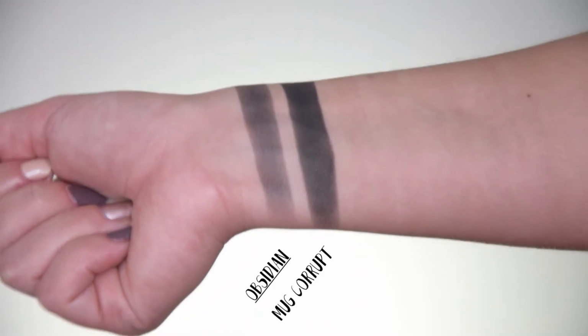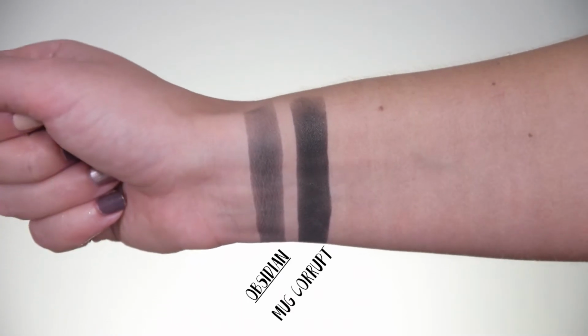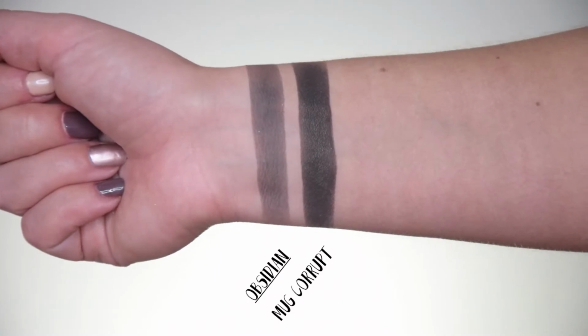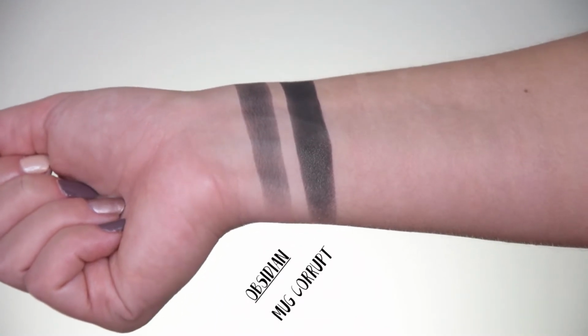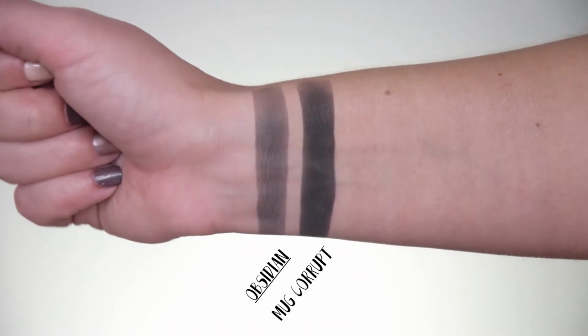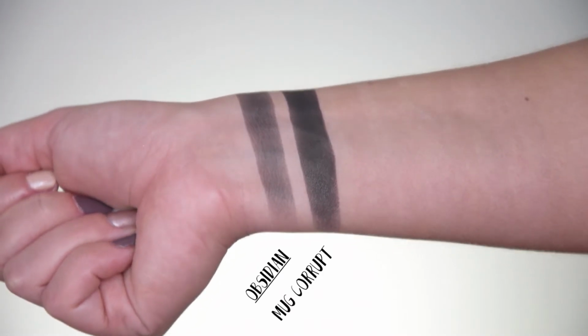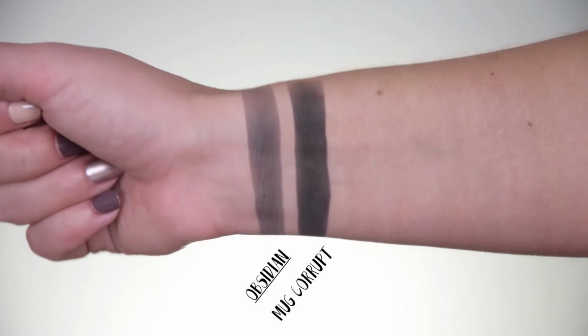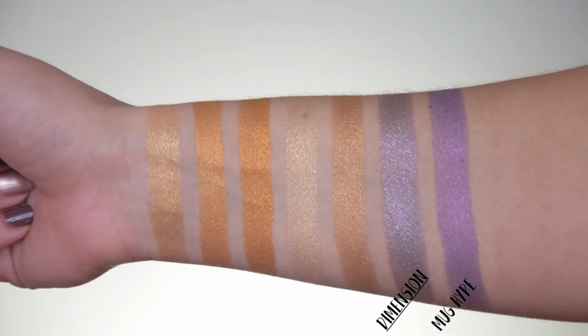It's not overly pigmented, and you can actually blend it quite nicely. Again, it's the same idea as the Subculture palette, in the sense that if you apply the shade where you want it with a stiffer brush, and then you take a fluffier brush to blend it out, it works perfectly fine. In the second row, we move on to Dimension, and this is a very unique